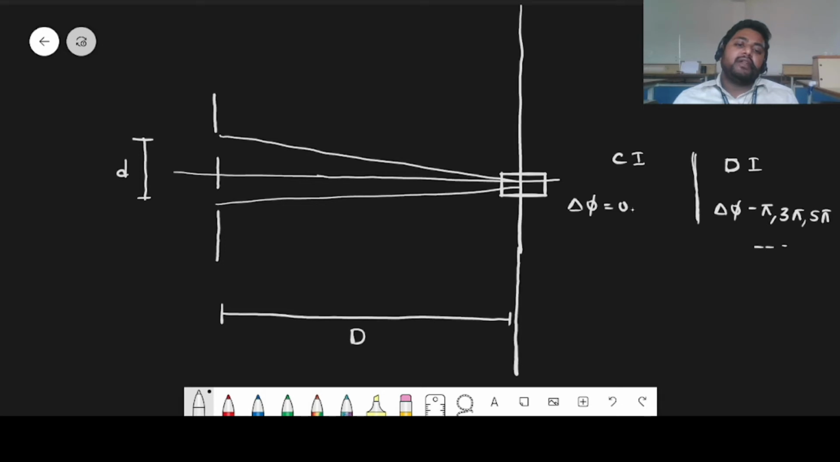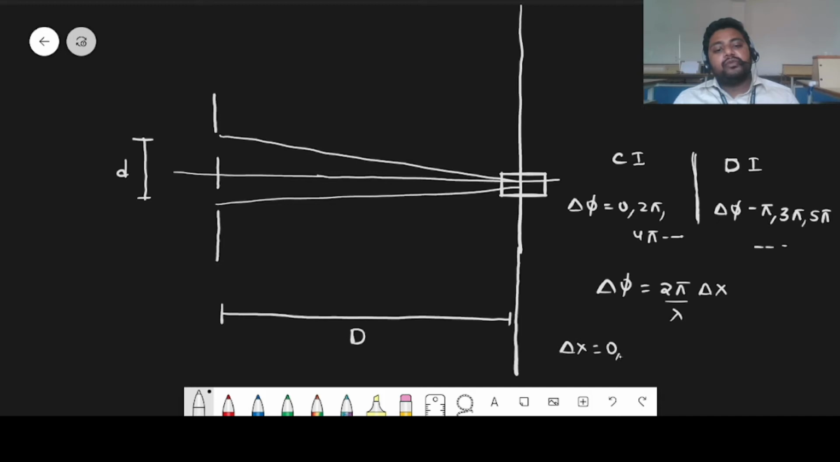Constructive interference will occur at 0, 2 pi, 4 pi and so on. Okay, I hope you remember these. If this is the condition, we know path difference can be written as 2 pi by lambda into phase difference, which can be written as 2 pi by lambda into delta x. So delta x is equal to, if you want constructive interference, it should be 0 or lambda or 2 lambda, or in fact you can take it as n lambda,